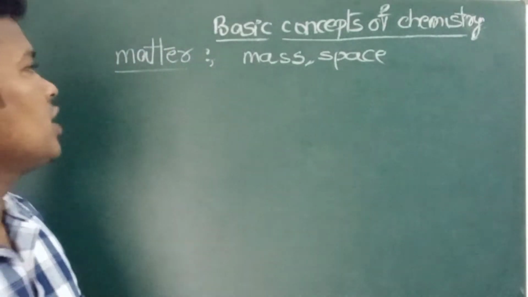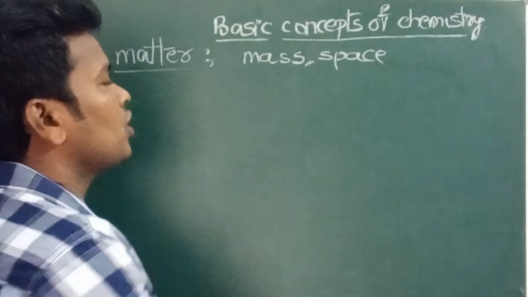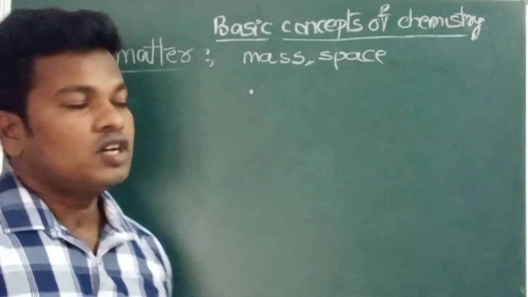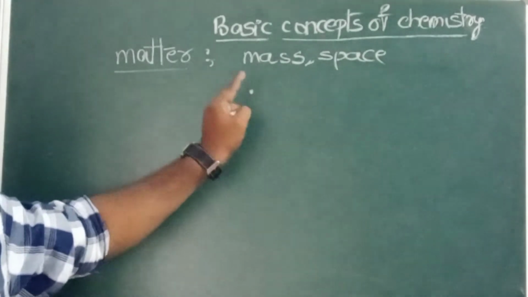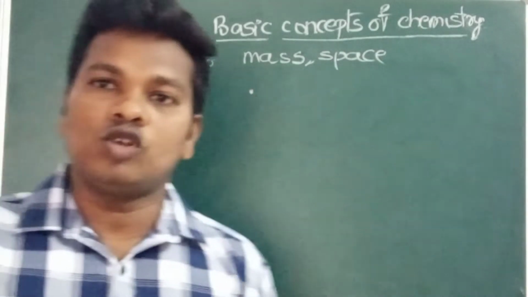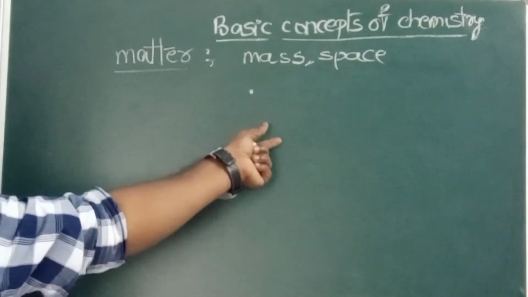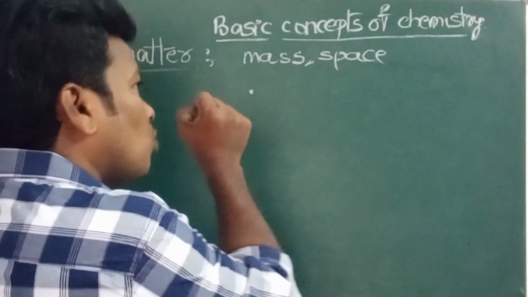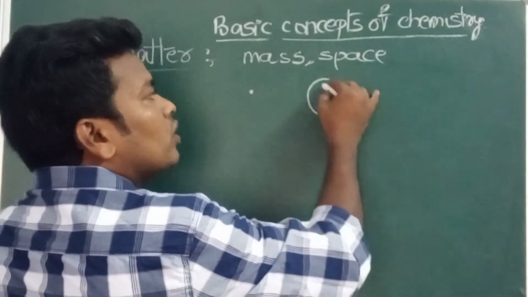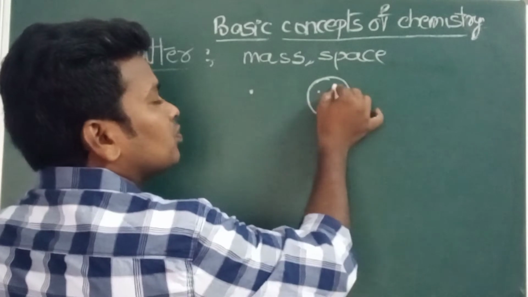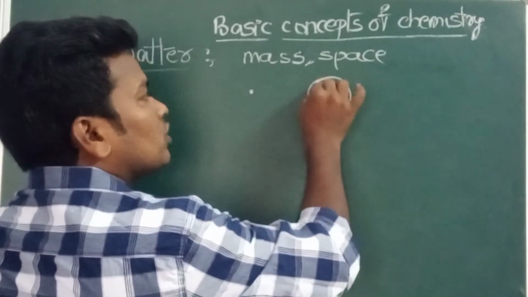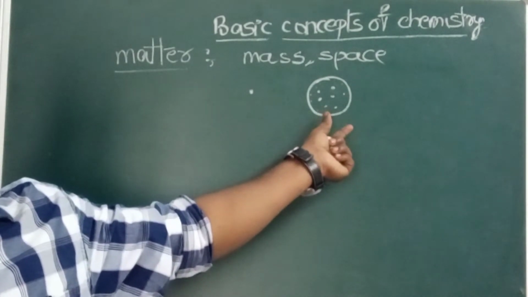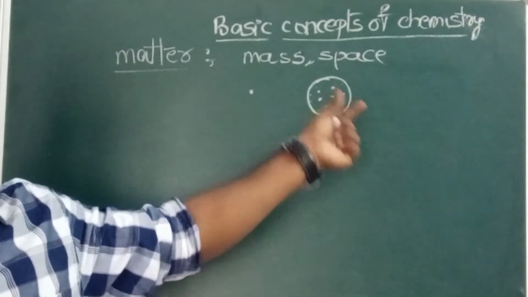Okay, so here if you see the entire board, if you take any one portion, for example here I am taking one portion, and if I see it under an electron microscope, a high resolution, that means powerful microscope, the small portion looks like some spherical shape. This is generally what we call an atom.